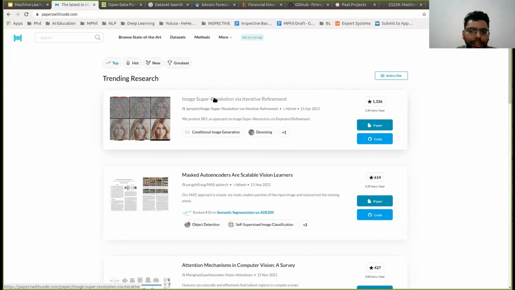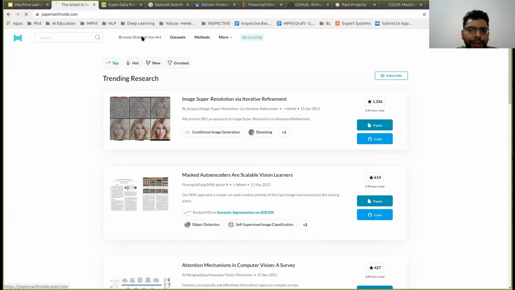If you want to see the implementation of a paper, you can go and see the code and how they implemented it. Maybe you can use the same code and try to improve it as well.